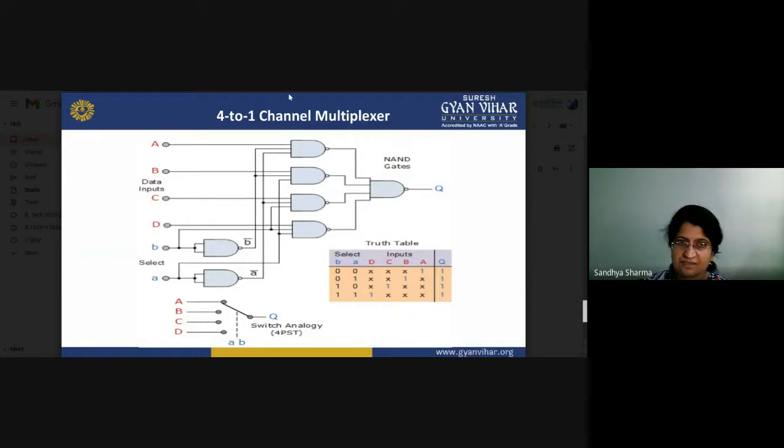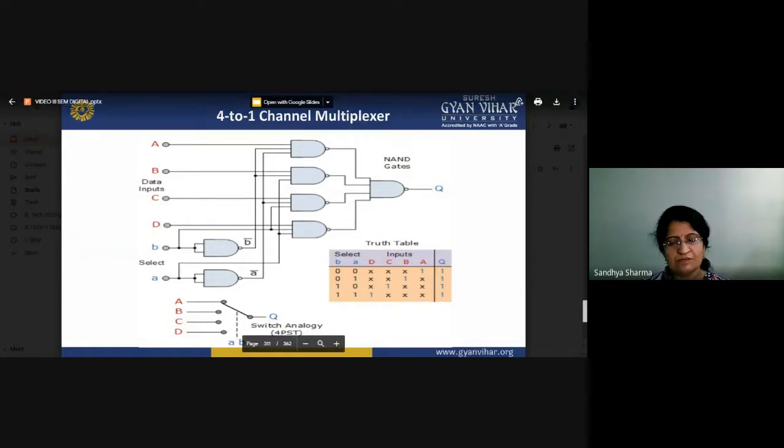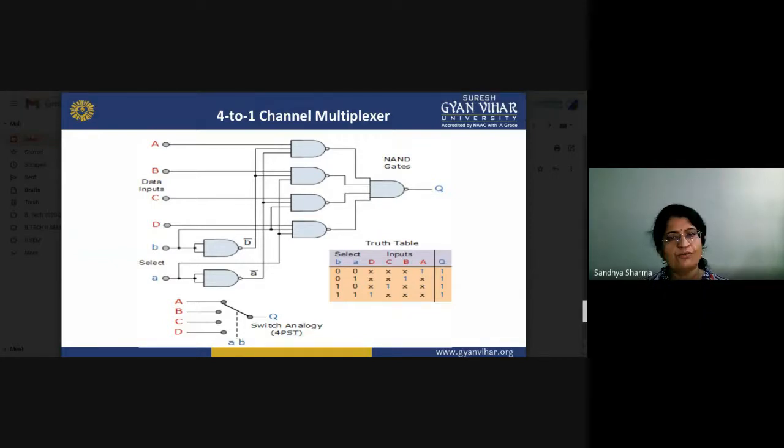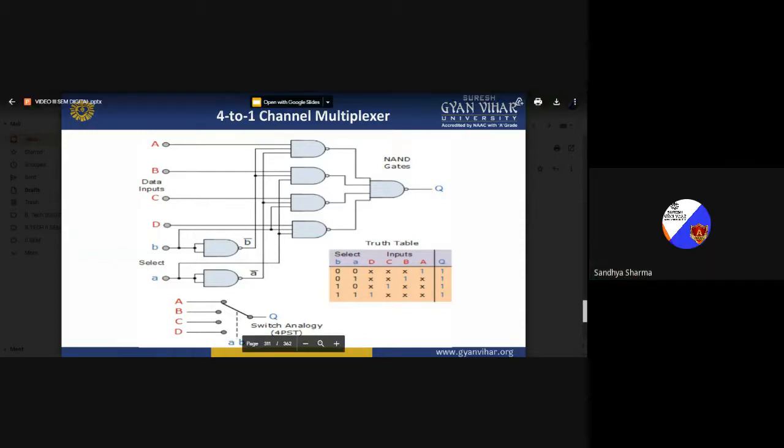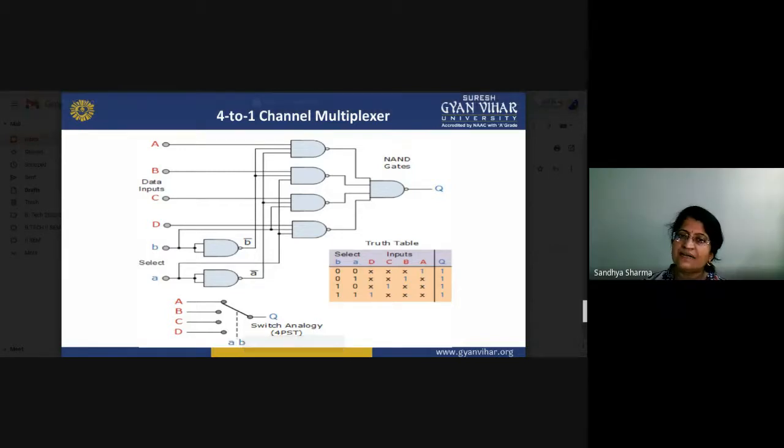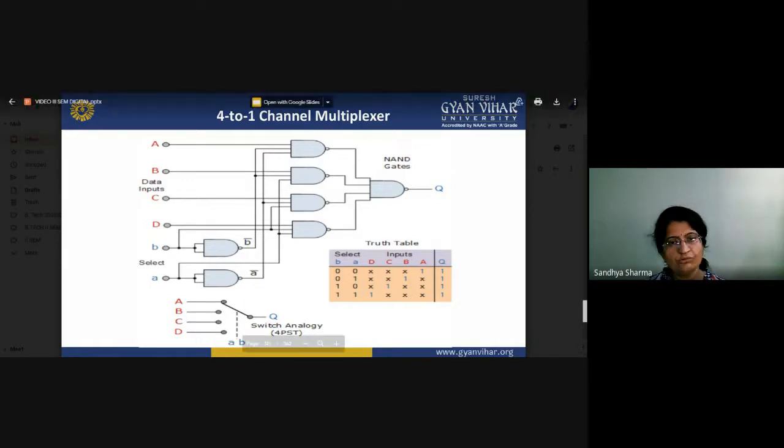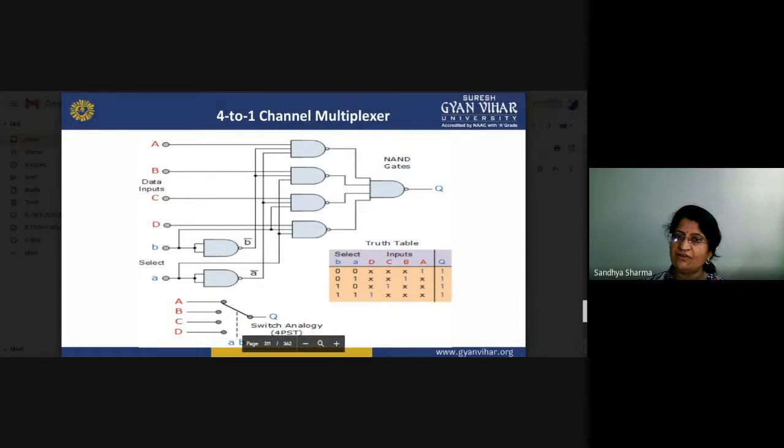You can see here A, B, C, D, all inputs are given to the 4 NAND gates, and according to A and B, your inputs 0 0, 0 1, 1 0, 1 1 are given to that particular NAND gate, and these are again all combined with a NAND gate, and that is the final output Q. According to your selector lines, the selected input will be reflected at the output terminal.